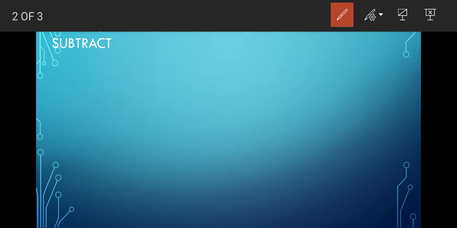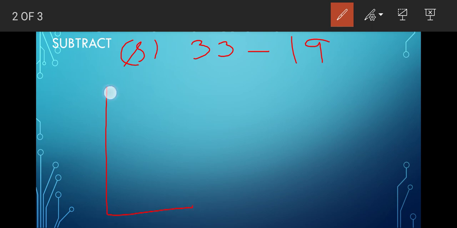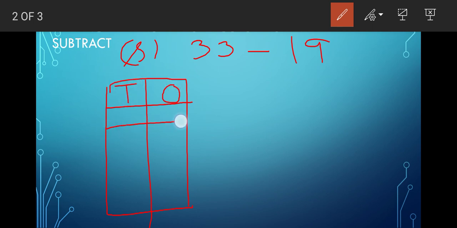So now let me do the second question. We will be doing the next question. What we are going to do is number S. Okay. 33 minus 19. Okay children, same process. Let us make the column. Divide it into 2 equal parts. Ones and tens. This row is for carry. This is to write 33. This is to write the minus symbol and 19. And the last one is for the answer. It's for the difference of the two numbers.